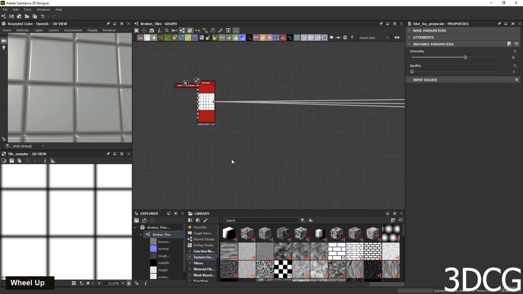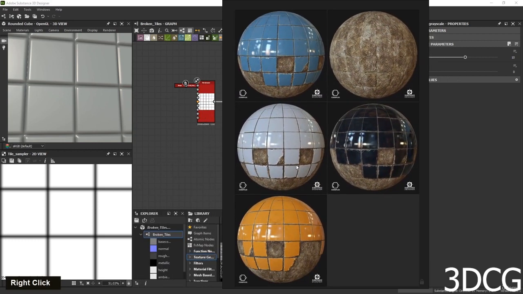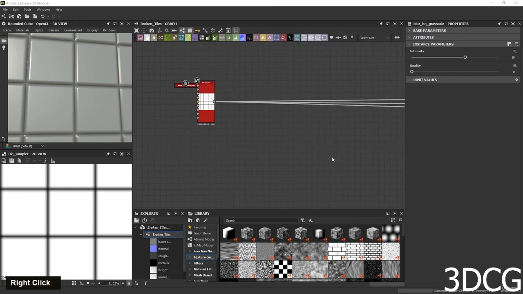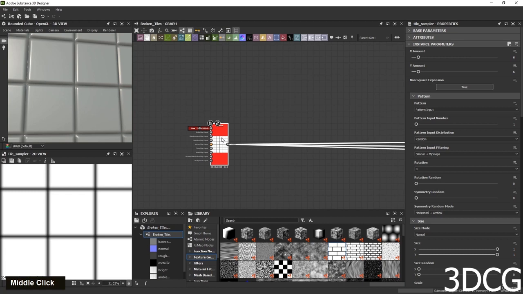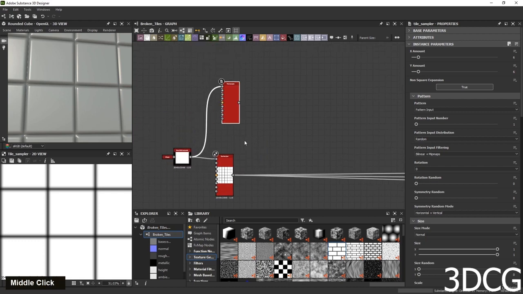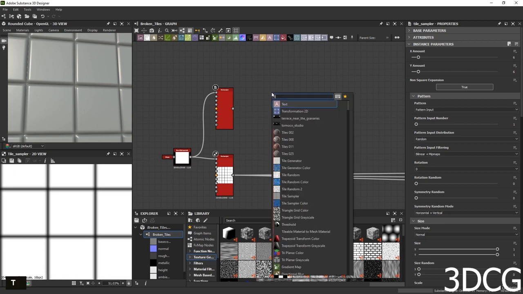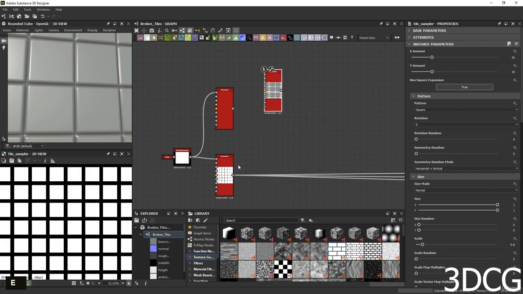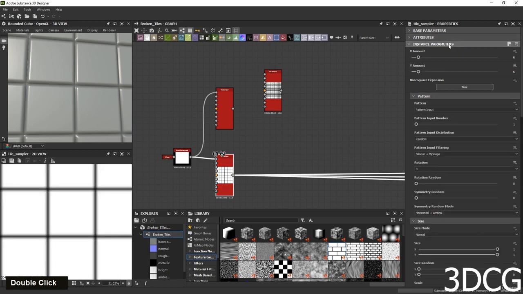Now we need to have the, let me grab the concept or reference. We need to have the cement behind the tiles. So let's quickly make that. I'm gonna duplicate this tile sampler, but if I hit Control D now, it's gonna undock the input value. You have two ways to do that. You can create a tile sampler, new tile sampler. In the old one, up here,